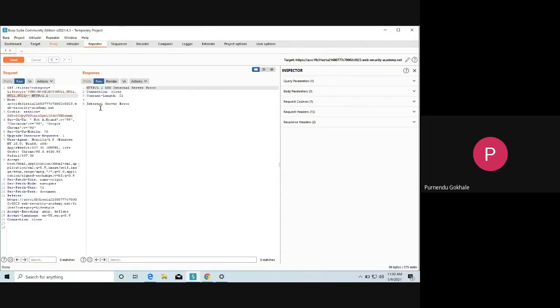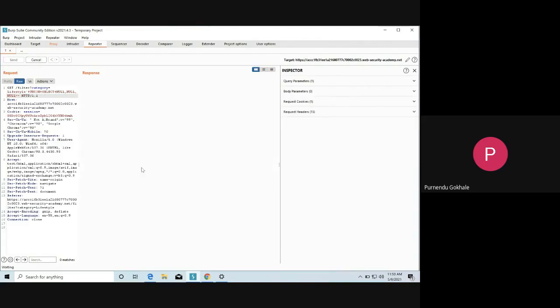It's giving an internal server error because I have entered four nulls, thinking there are four columns, but that's not true. Any value except 3 will give me the server error, but for exactly 3 values they have configured it in a way that it will show me a page saying you have successfully completed the first task. So again, you can go for 3 nulls and show what page comes.